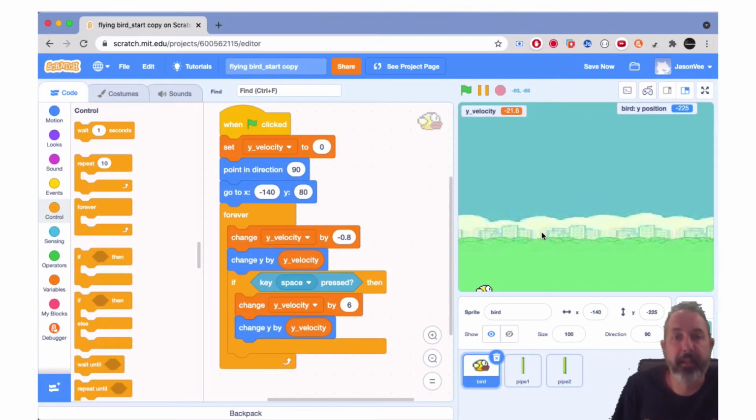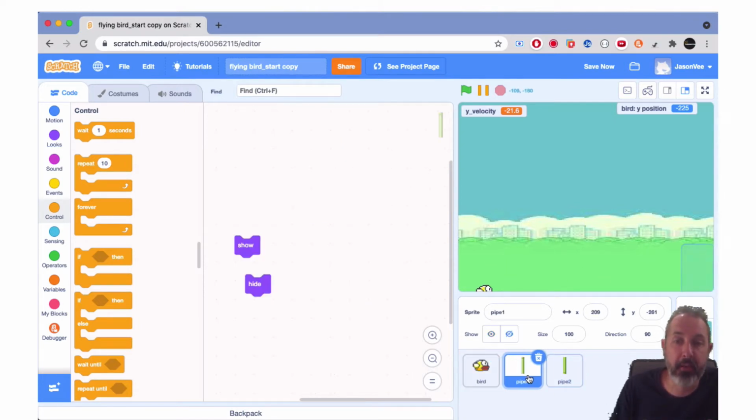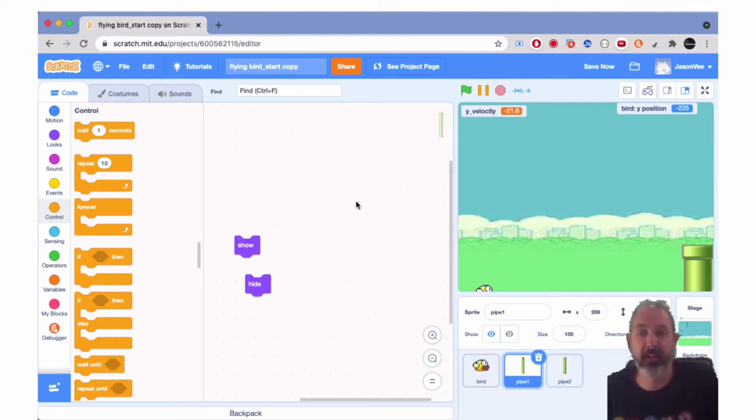Okay, so as part of this sprite we also want to have collision detection. So if it's touching the pipe, then the game's over. But we're going to come back and revisit that later on. For now, let's get one of the pipes moving from the left-hand side over to the right. And as I mentioned before, I'm just going to do it with the bottom pipe. So click on show. So if your pipe is shown up somewhere different,